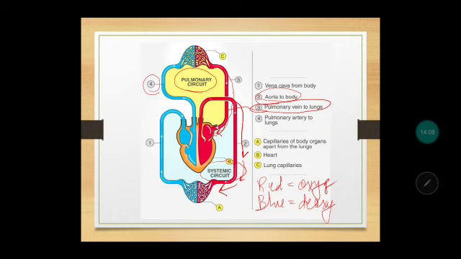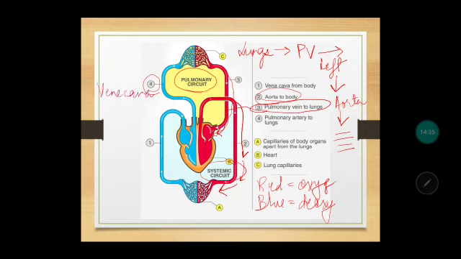Clear? So in simplified terms, I can say from the lungs oxygenated blood is coming to the heart by the pulmonary vein. From the pulmonary vein it is going to the left part of the heart, then it is going to what? To the aorta, and then going to different parts of the body. Clear? Coming to the right side, the vena cava will bring deoxygenated blood from different parts of the body. Where is it going? To the right side of the heart,